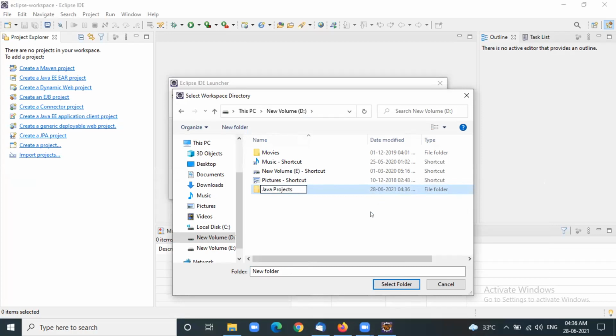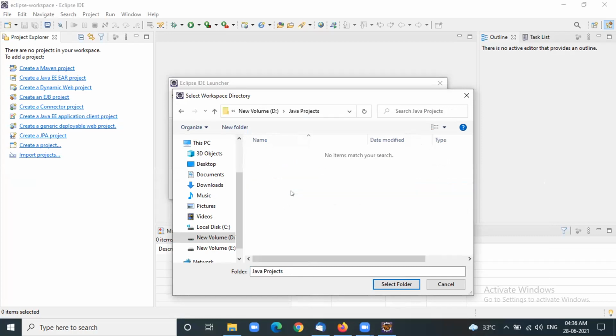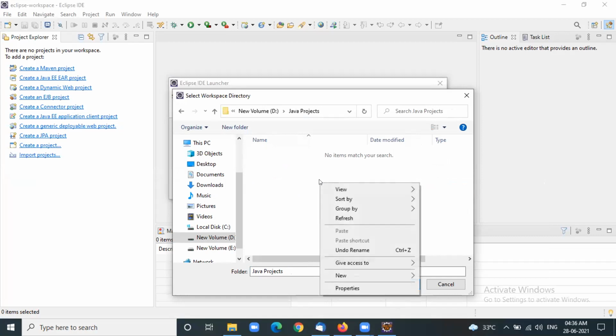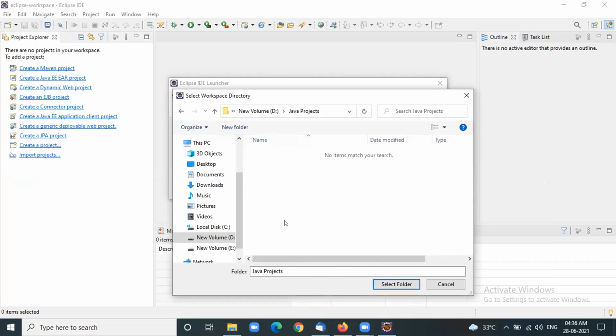Select the Java projects folder. Click the Select Folder button.